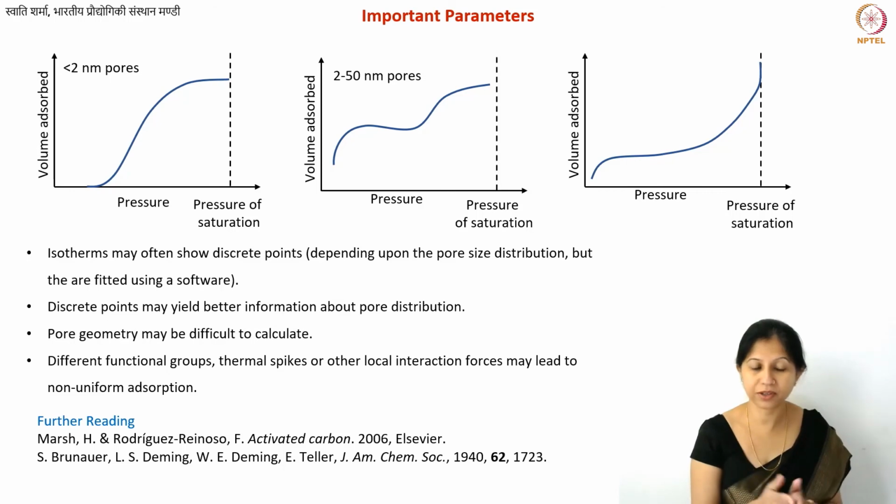The first one is a book, and from there you can get a lot of information specific to carbon materials and the surface area measurements of carbon materials. The second one is a paper from where you can get information about the origins of the BET theory. There can of course be several more resources that you could utilize. Okay.